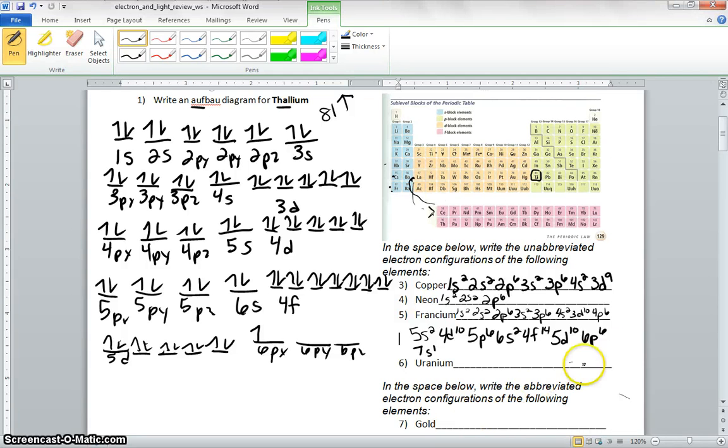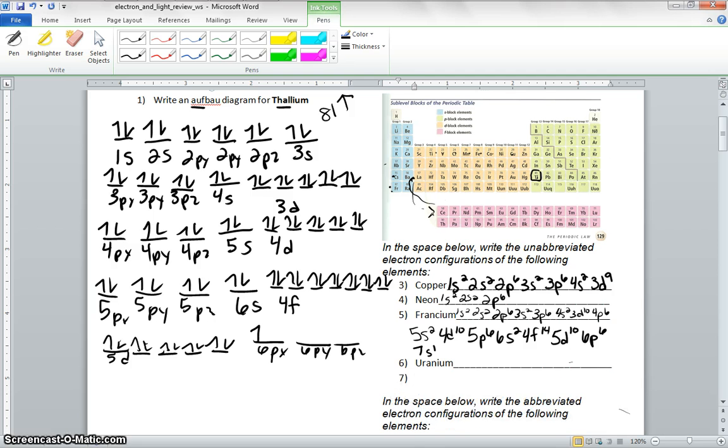Next is going to be uranium. I'm going to see if I can get another space in here, because uranium's way big too. Okay, uranium. We can actually continue on from that one too if we wanted to, but okay, so we're going to go